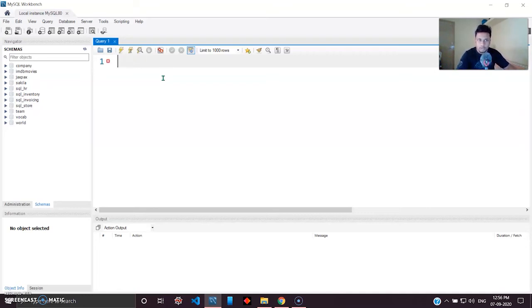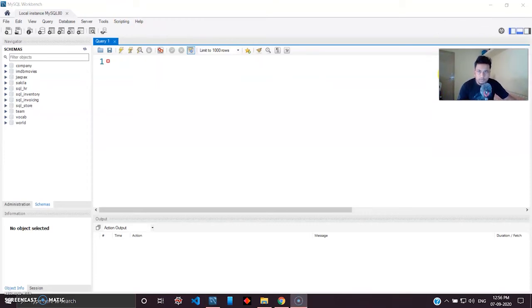Okay, I'll just walk you through quickly in this workbench. So you can see here, this is your query editor, and you have the option to open the files, or you have the option to save the scripts here. This is the run or the execute. This is partial execute when you want to run a piece of code or a piece of query. And there you have the limit options.